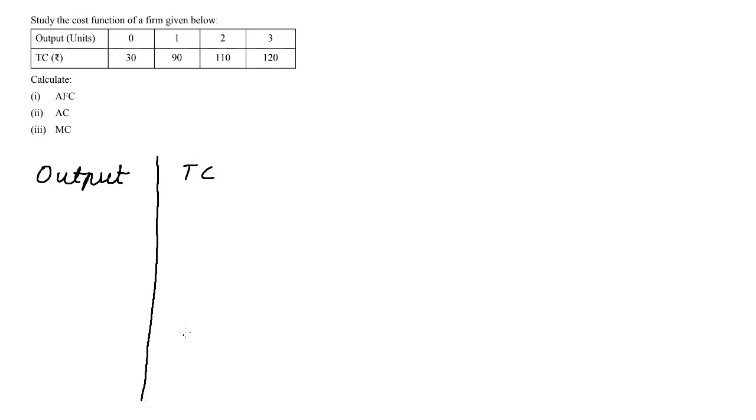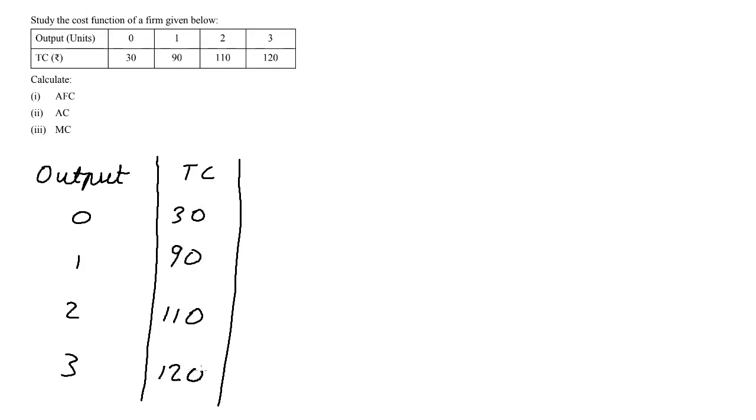Okay, and of course you all will use scales, right? 0, 1, 2, 3. It's a short and sweet sum, only 3 marks. All right, and we have 30, 90, 110 and 120. Now they want us to calculate AFC, and we need to know that AFC is TFC, or